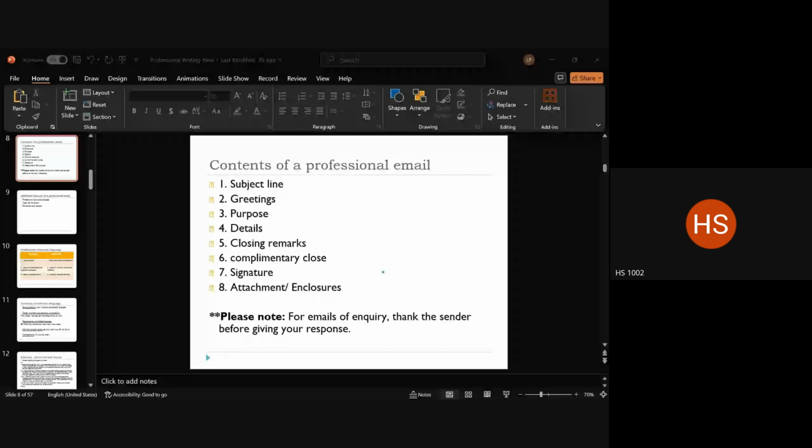Social media profiles are optional, right? If you wish to add and if you think it will improve your reach, then of course, if you think the client needs to take a look at what you do, then leave it ahead. Otherwise, you can opt out from using your social media links or profiles.